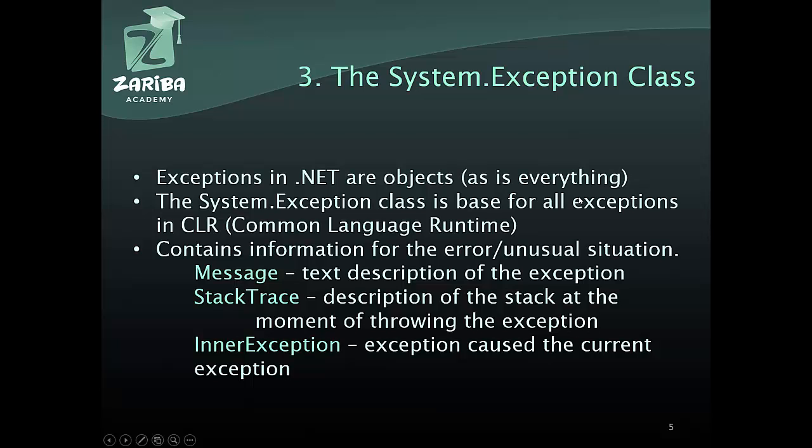Okay, the System.Exception class. As I said, all of the exceptions are objects. I think I mentioned this in the last course, but everything in C# is an object. So this is the most abstract structure in .NET. Exceptions are no exception to this, and they're objects as well. And the very base exception class is called